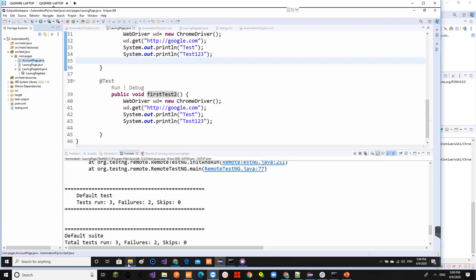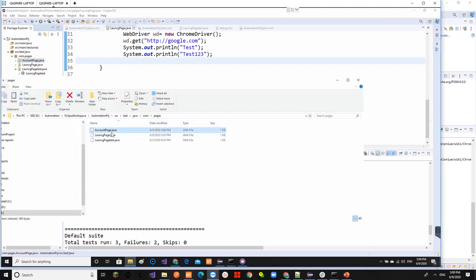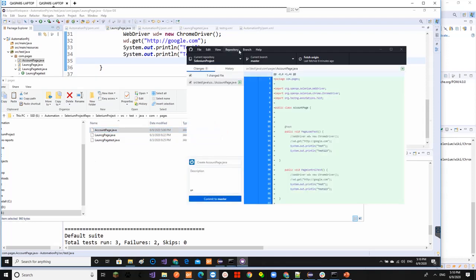This is the physical location where this particular test file is created. As soon as a new file is added, GitHub Desktop will detect that a new file is there. Once our testing is done and the review of this automation code is done, we are ready to commit the changes into the GitHub repository.